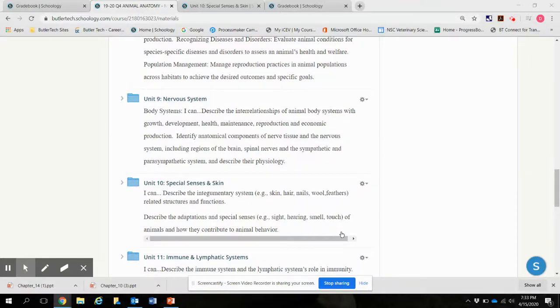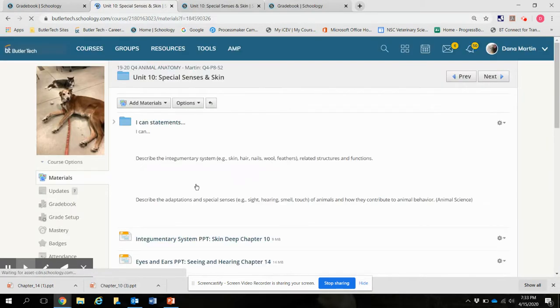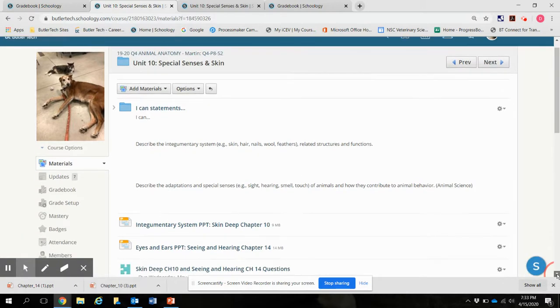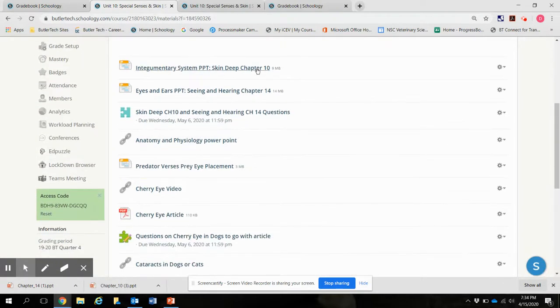Hi guys, we are starting Unit 10, the Special Senses and Skin Unit. So in Lesson 10, let's click on that. And in that, we are going to go over these two PowerPoints. So Integumentary System PowerPoint, Skin Deep, Chapter 10. It goes with your medical terminology workbook. And then we're going to go over Eyes and Ears PowerPoint, Seeing and Hearing, which is Chapter 14 in your